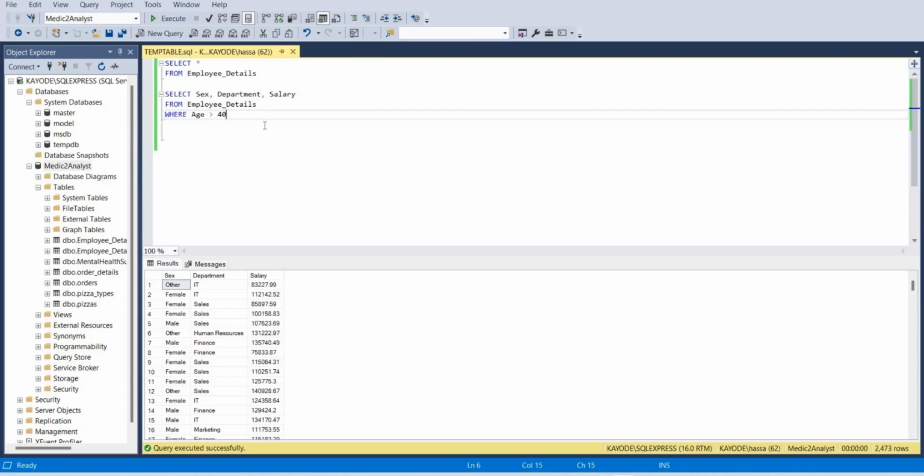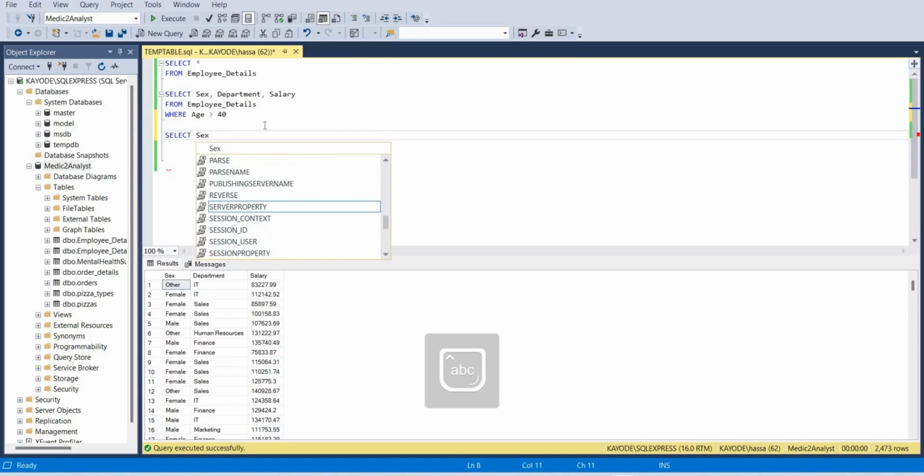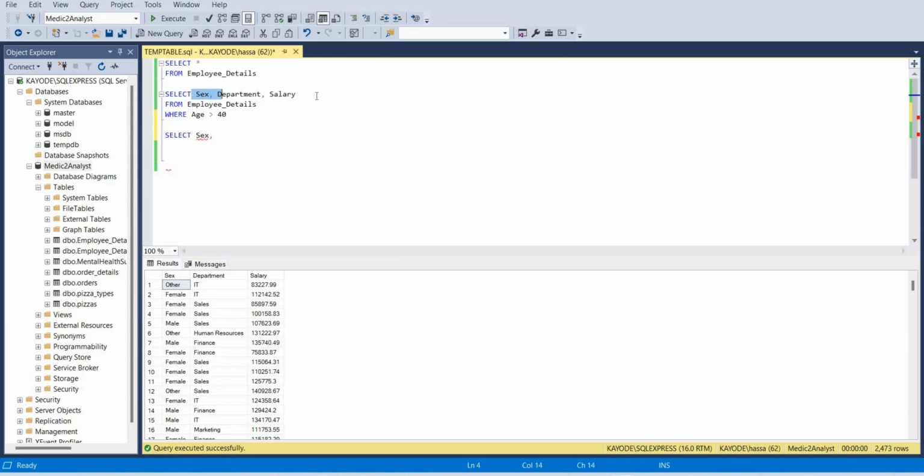So now let's save it as a temp table. Let's just write the query. Just see the way we select into and create a table in SQL. So select sex, department, salary into. What we use to depict a temp table is this hash. Once we put hash, SQL knows this is a temporary table. So you must write hash, then the name of your table. So let's name it